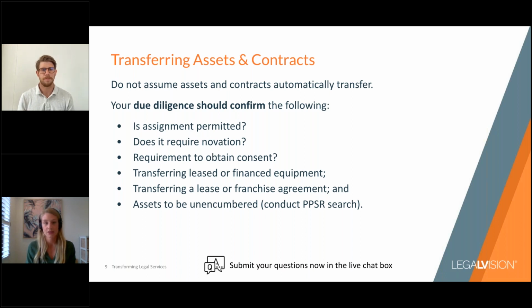So normally there'll be an assignment clause in an agreement. So if it says that you can't assign without consent, you know that to transfer it across to a buyer, you need to reach out and get the consent of the counterparty. For really, really key contracts in the business, you often don't want to rely on just sending a notice out saying, we've bought the business, we're the new buyer, here are our bank account details, we're going from there. You actually want to make sure that they've consented to it. And that's what's called a novation.